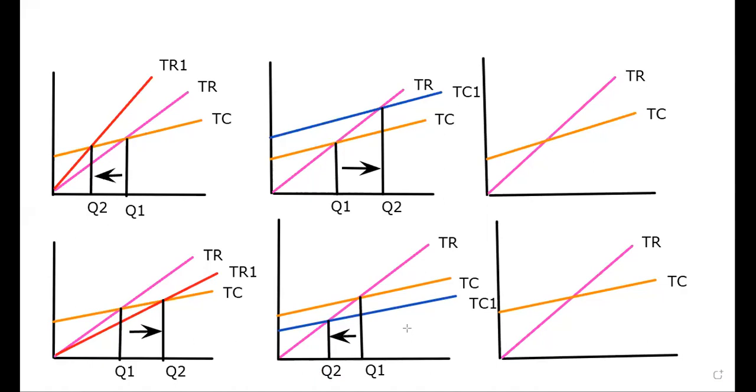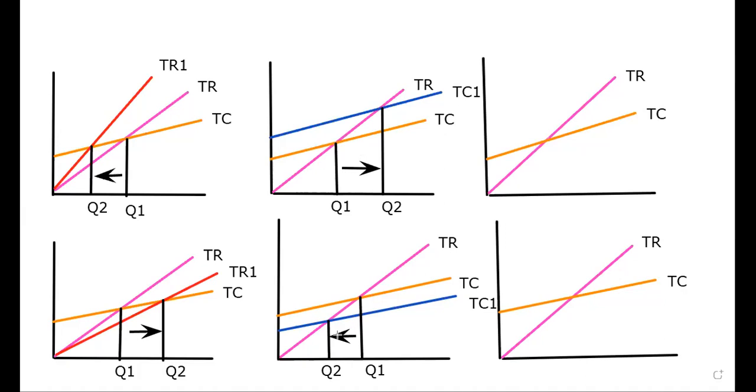So we can make some kind of theorem here. With revenue, there's an inverse relationship with the break-even: revenue increases, break-even decreases; revenue decreases, break-even increases. But with cost, there's always a positive relationship between cost and the break-even point. When cost increases, break-even point also increases. When cost decreases, break-even point also decreases. So that's the relationship you can understand here.